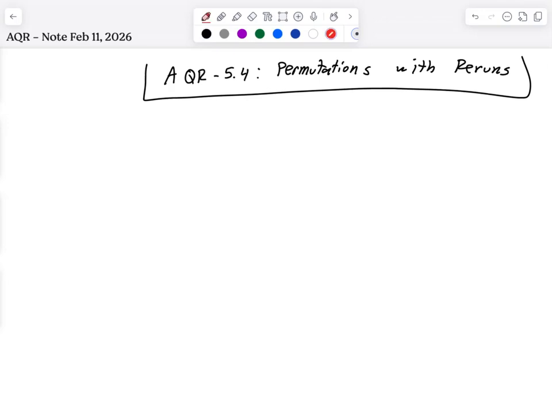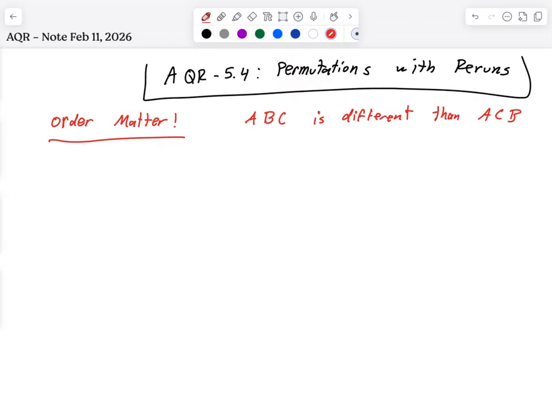Just as a reminder, when we talk about permutation, we're talking about the fact that order matters. Okay? A, B, C is different than A, C, B. So that's what we mean when order matters. When we get to tomorrow, these two will be the same. It doesn't matter the order they're selected. They're participants. So this is like first place, second place, third place, or first in line, second in line, third in line.